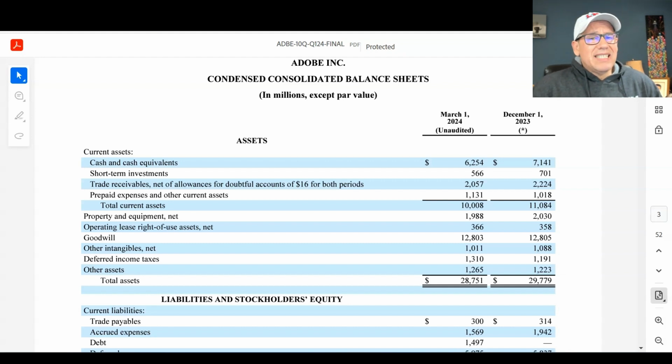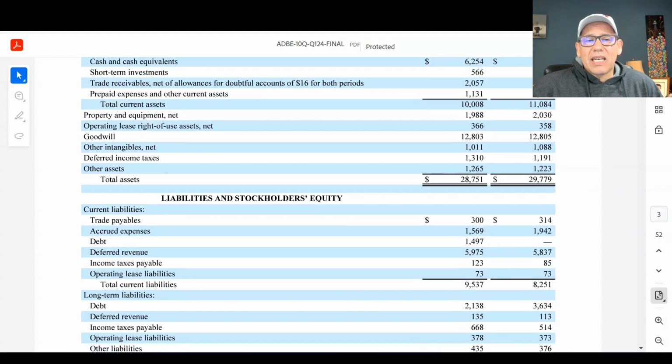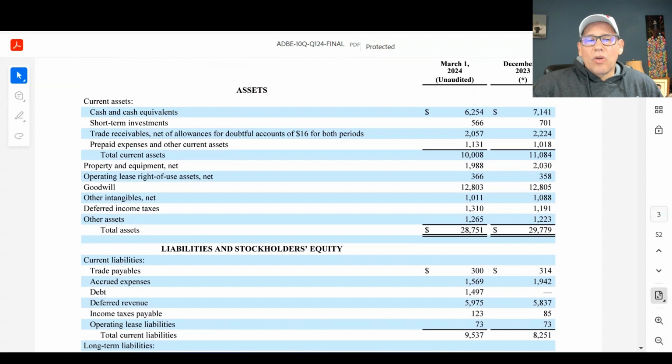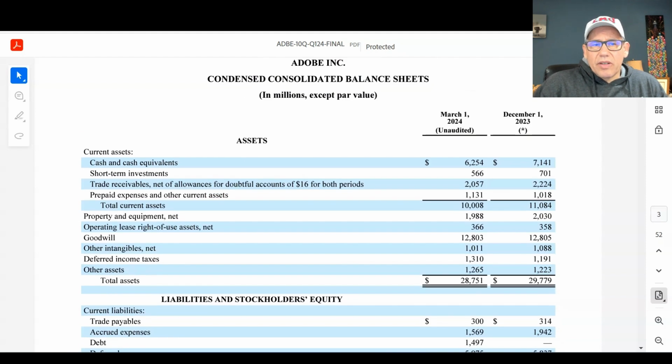We have three sections to a balance sheet. We have assets, we have liabilities, and equity. And always assets have to equal liabilities and equity. It always has to balance. The sections of assets, we have current assets, which include cash, and I like to really focus on cash and